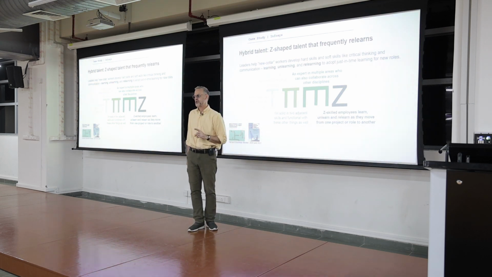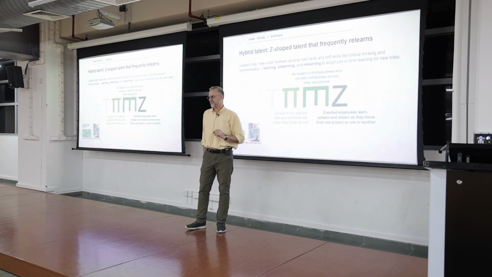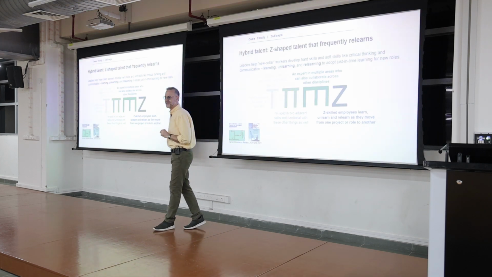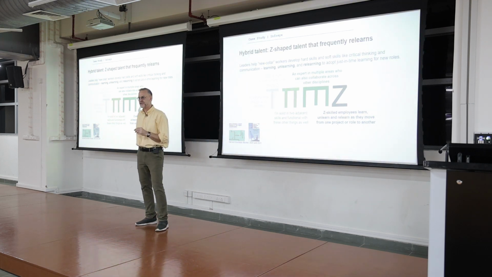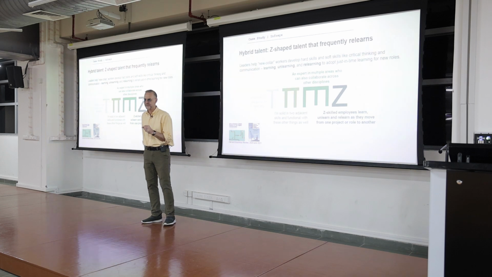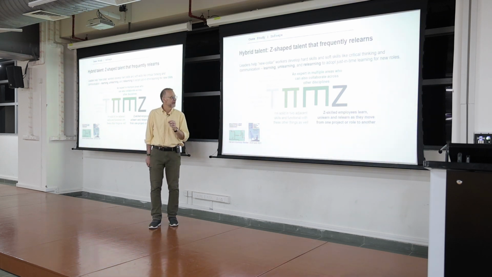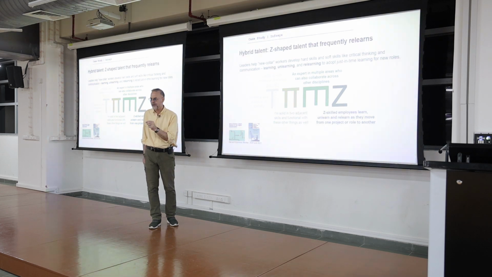What the new model is showing, based off of what I was just explaining, what is of high value is now Z models. So what the Z model says is this: it's more important to be able to learn something and unlearn something, and then learn something again, because it's always changing on you. Because if you don't unlearn, you're going to constantly repeat what you do best, and you freeze in time, and you'll always look at a problem the same way. And it will not allow you to be effective in the world that we are in right now.